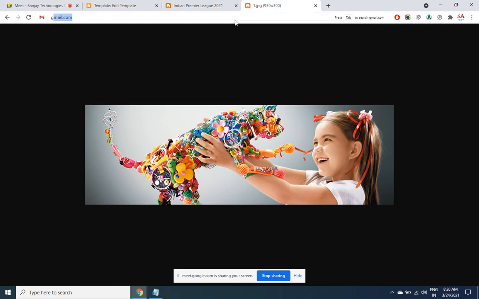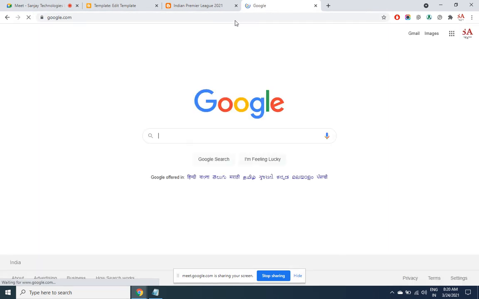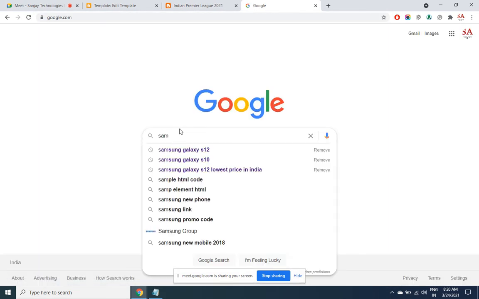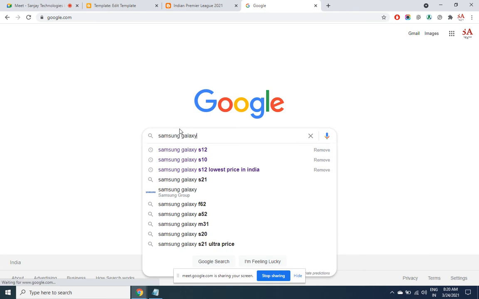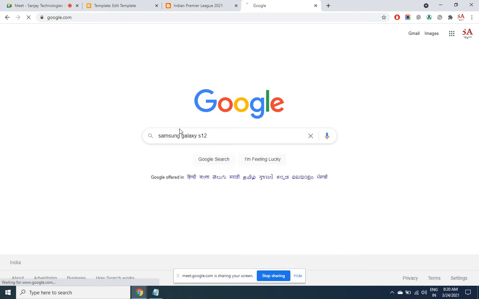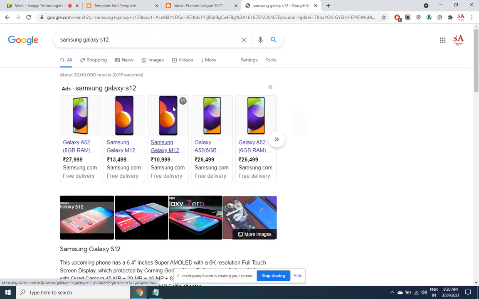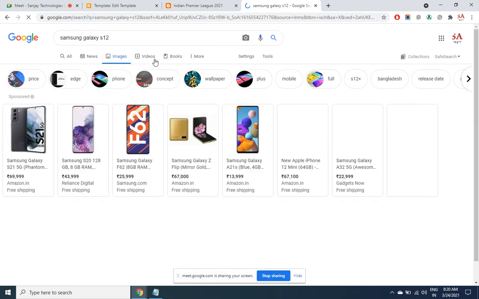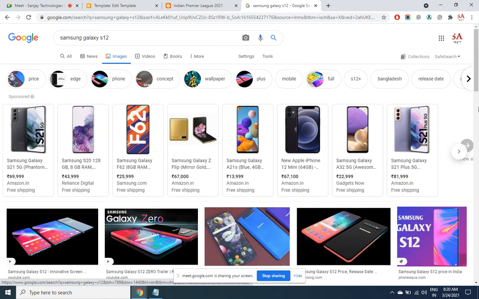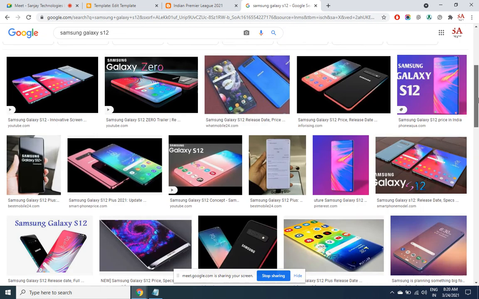So what I'll do is hit into Google, Samsung Galaxy S12, and look for some images. Let me choose the image which has more width and less height, because that is how the dimensions for our slider are.